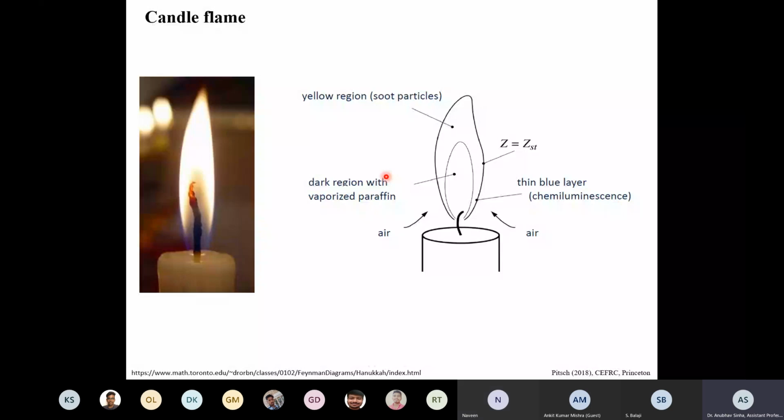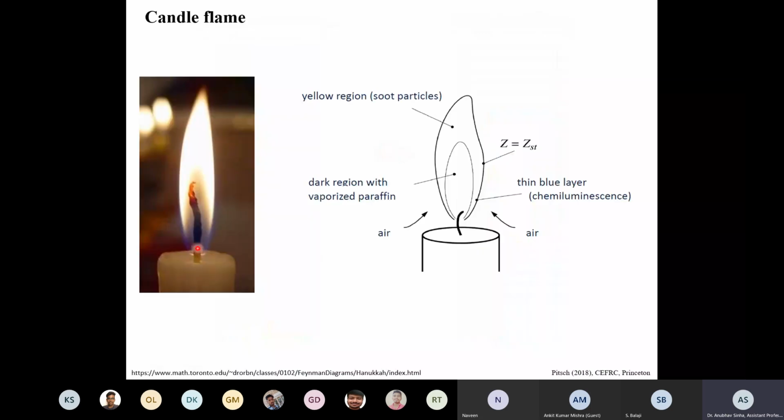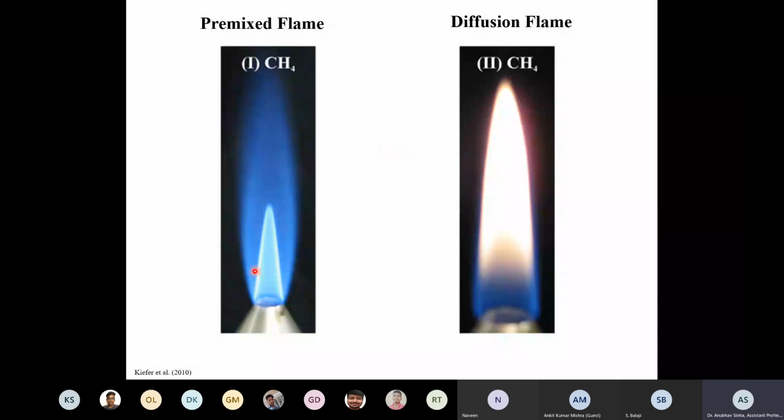So this looks okay. So let us move to another aspect. Okay, we talked about the candle, but the candle is not the only form of diffusion flame. We can also have a Bunsen burner, where if I don't have premixed air, I close the air port, you will get a diffusion flame. Okay, so in a similar burner, here I am mixing fuel and air before coming here, that is giving you a premixed flame, while if I did not add air, only pure fuel is injected, then it forms a diffusion flame. That is the basic difference. Right? Let us move on.